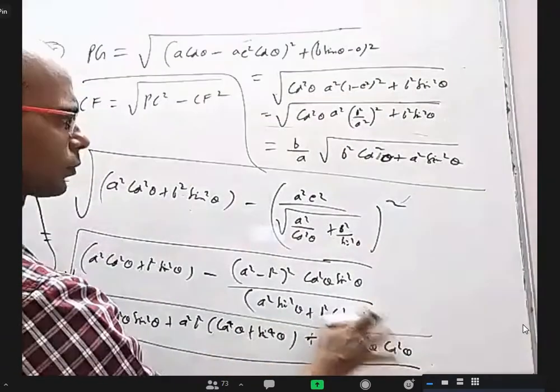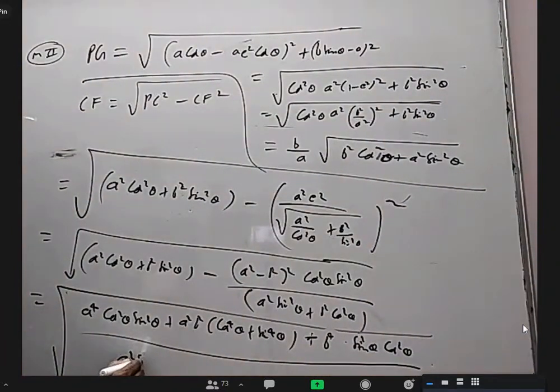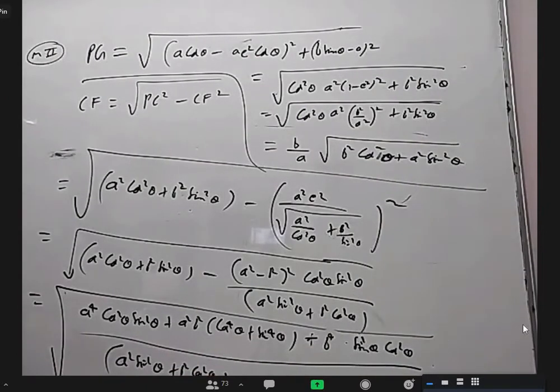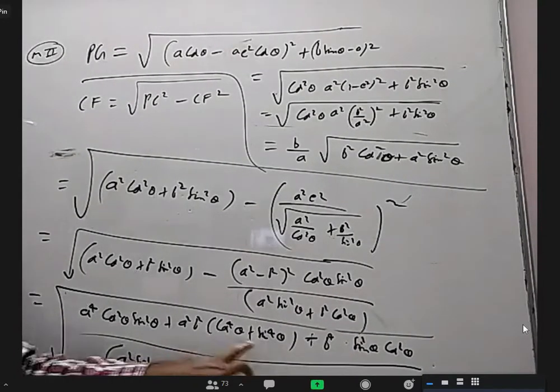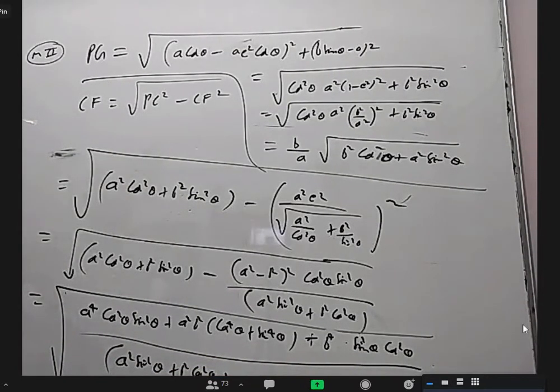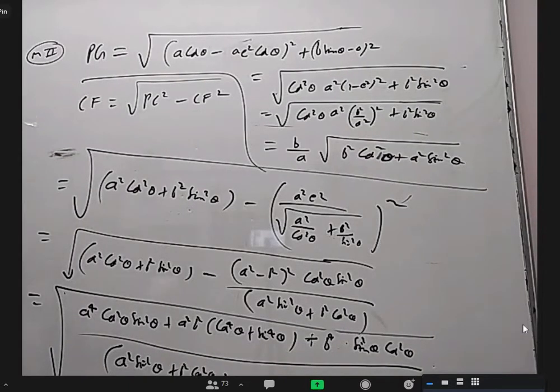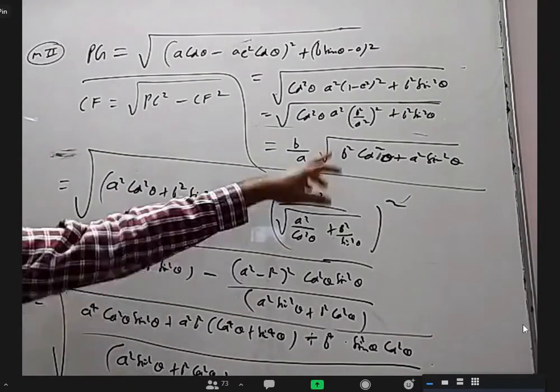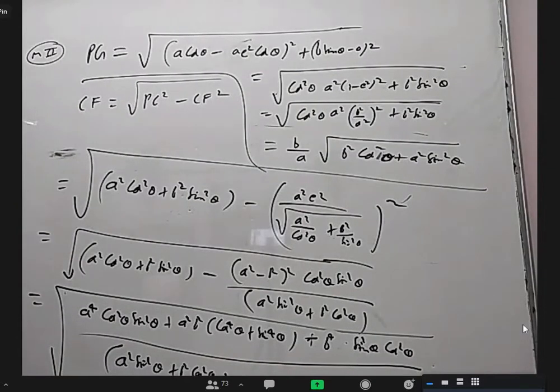Now square. A square sin square theta plus b square cos square theta. So this and this will cancel. I just have to prove this is constant. And I prove that this I can write as 1 minus 2 sin square theta cos square theta. I have to prove this product is constant. This denominator and this numerator are getting cancelled, but this numerator is not constant. Where did I go wrong?